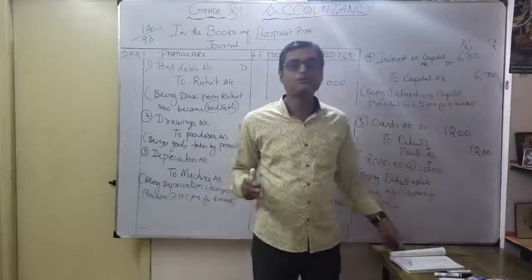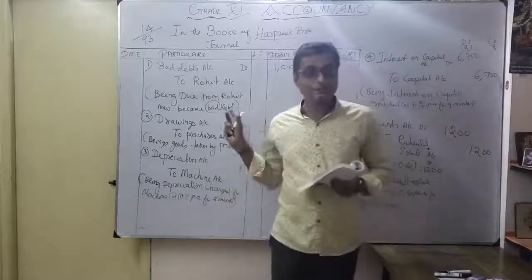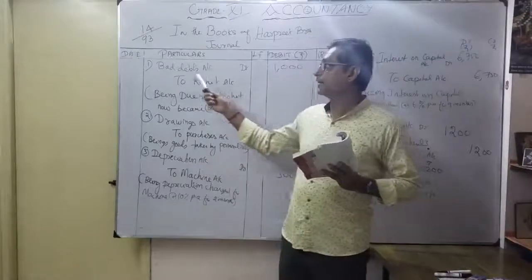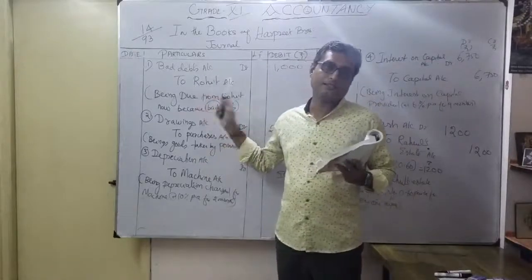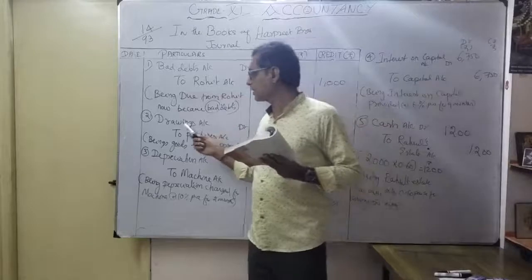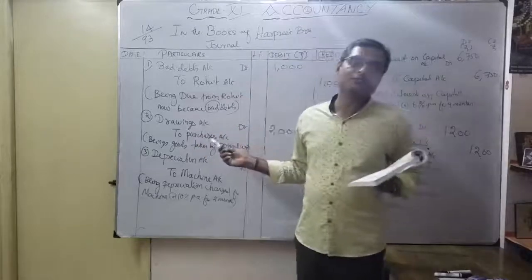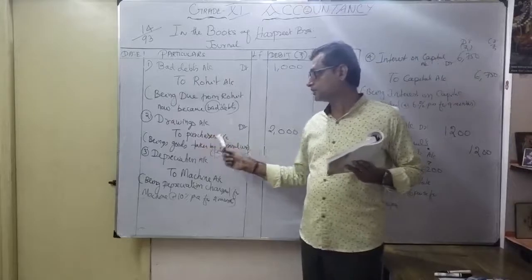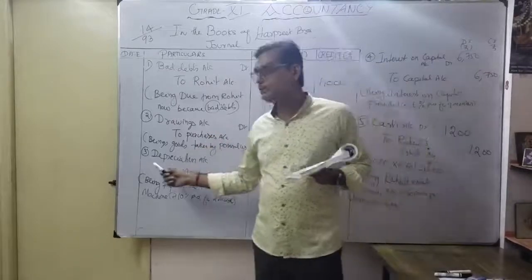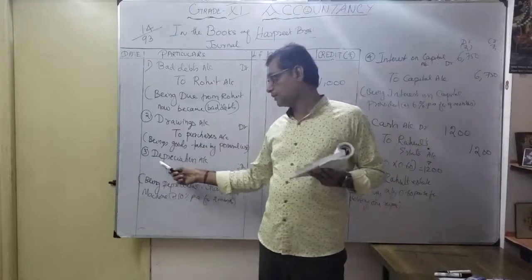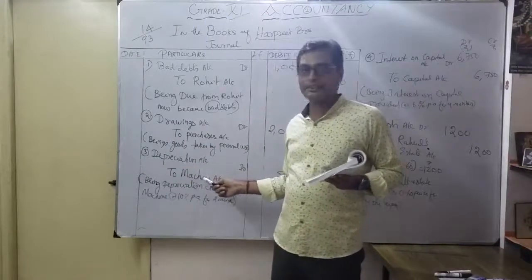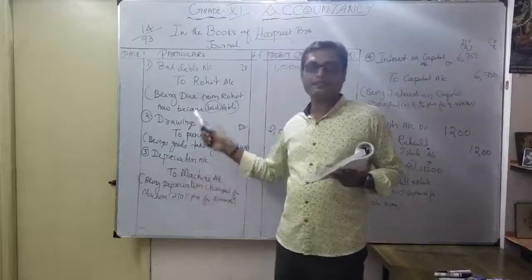Now you have understood this fifth transaction. That's very important. As you know already, this is how the bad debts were journalized. Second one is drawings. From the previous discussion you understood how to write any personal use: you have to debit drawings account and credit purchases account. Then the third one, how to charge depreciation: depreciation account debit to machine account. Any asset you have to credit, depreciation you have to debit. It's a standard entry.